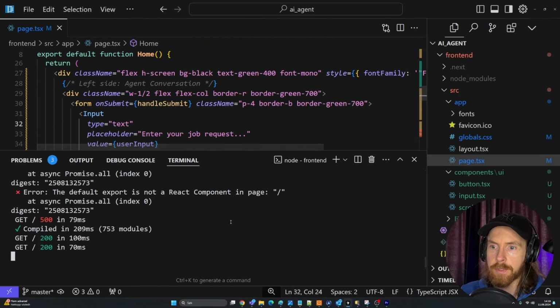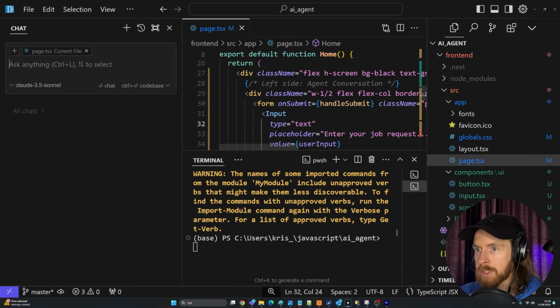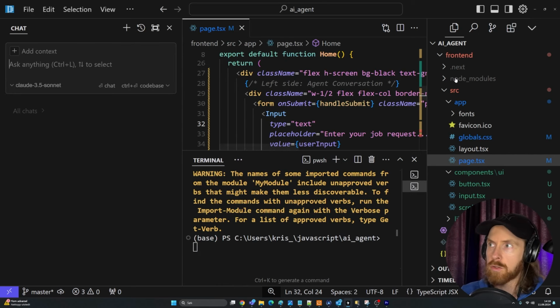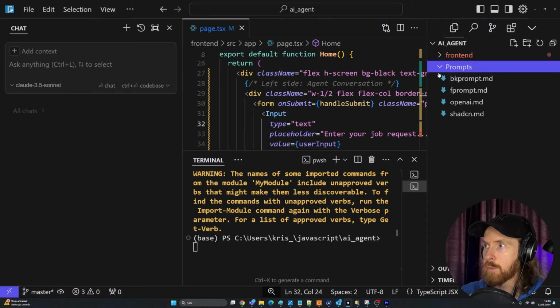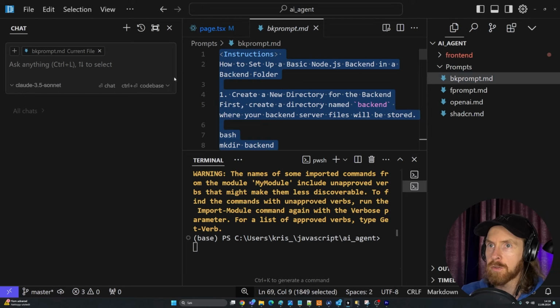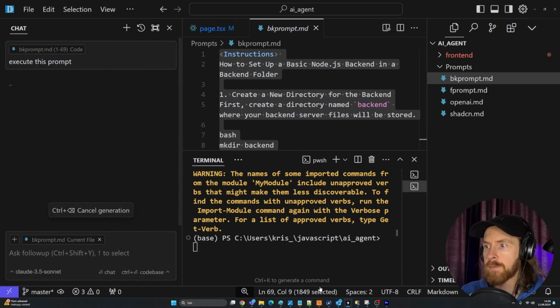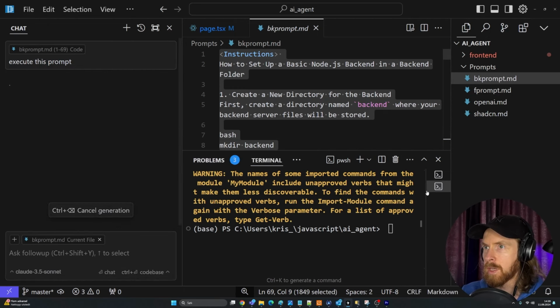So let's just clear up this chat here. We can open up a new terminal, right? So let's just go here to our folder. I just wanna open up the chat, and I'm gonna go back here. We have a prompt. So now we're gonna use my backend prompt here to install that, right? And execute this prompt, right? Let's make sure we are,